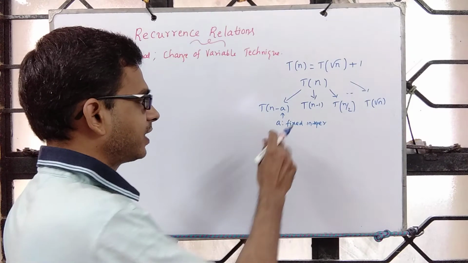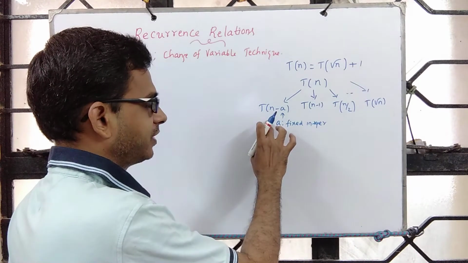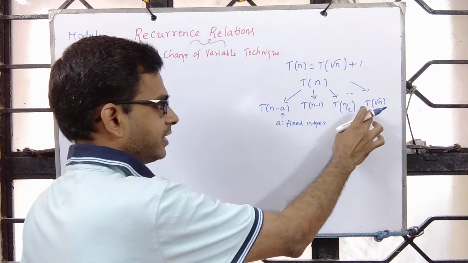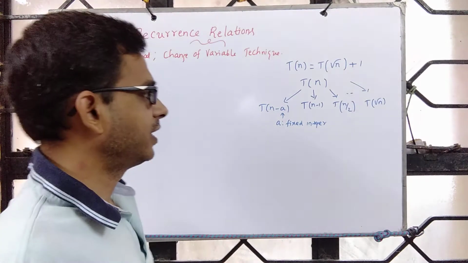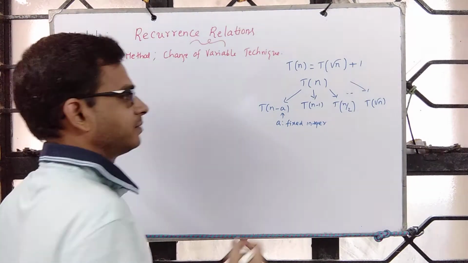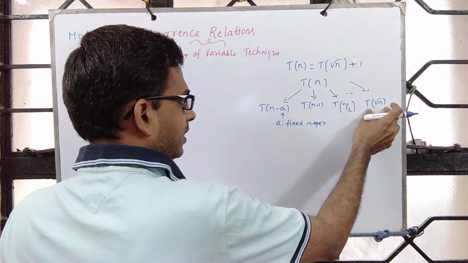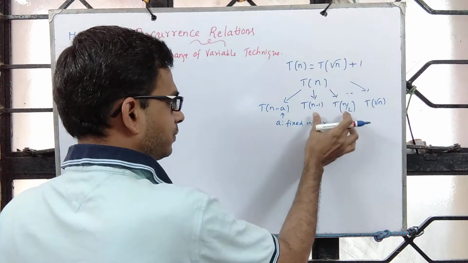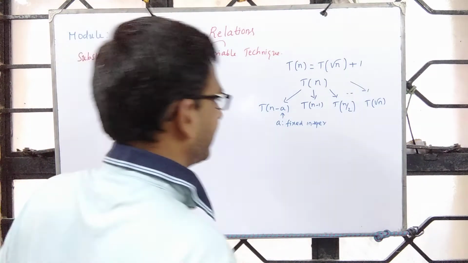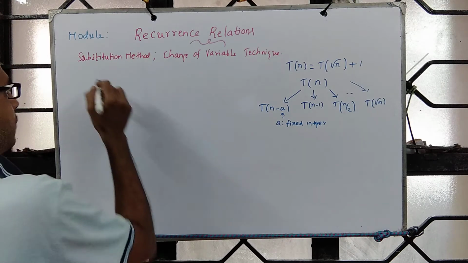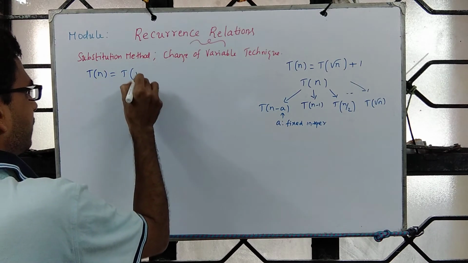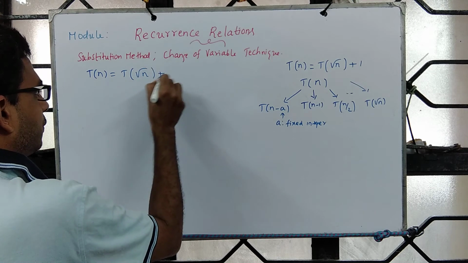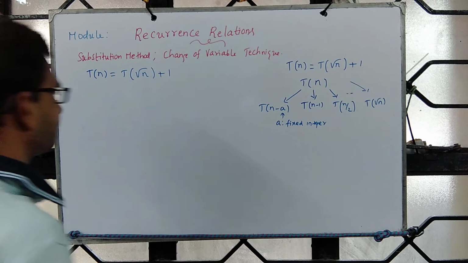Suppose we get recurrence relation of this form, or recurrence relation of this form, how do we proceed? How do we proceed in solving this? Let's look at this one first. These two we have seen a couple of case studies. Let's look at how to solve recurrence relations of this form. So t of n is equal to t of root n plus 1.